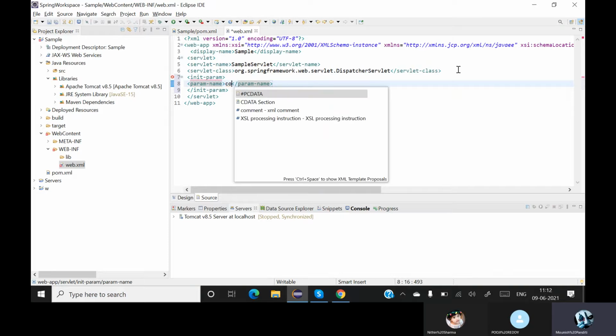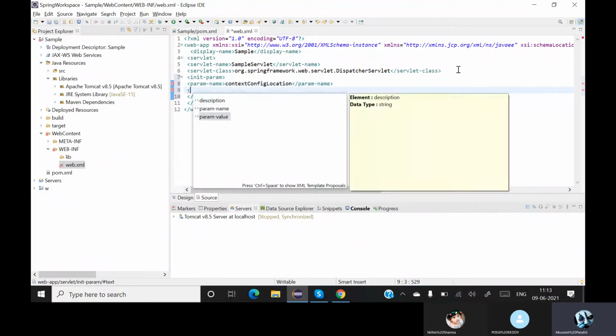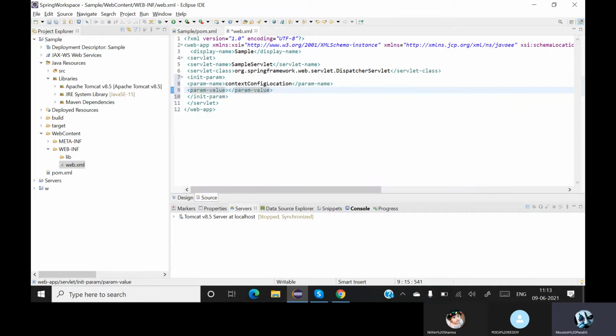Oh, this was good in IntelliJ. It is to give everything. Now I need to type everything. So context, configuration, config, application or location. So basically I must give my web XML, which is the location for this configuration: what are all the configurations I need and where should I find that. And the value will be the location.